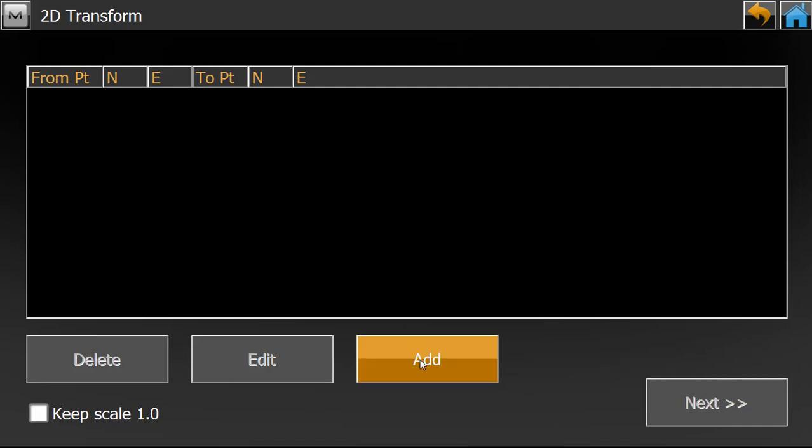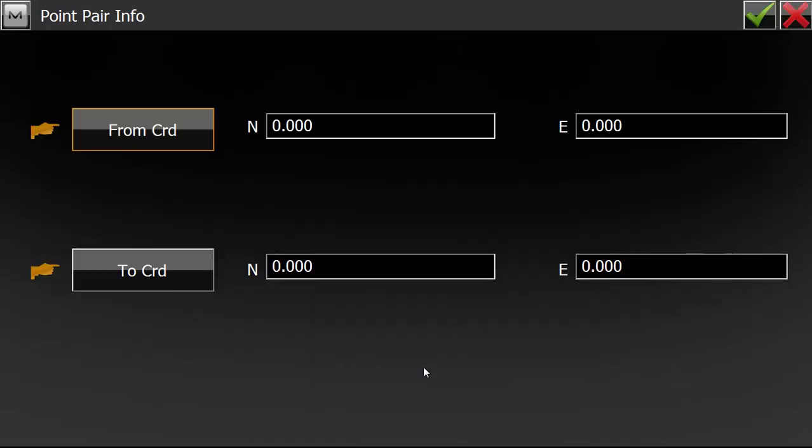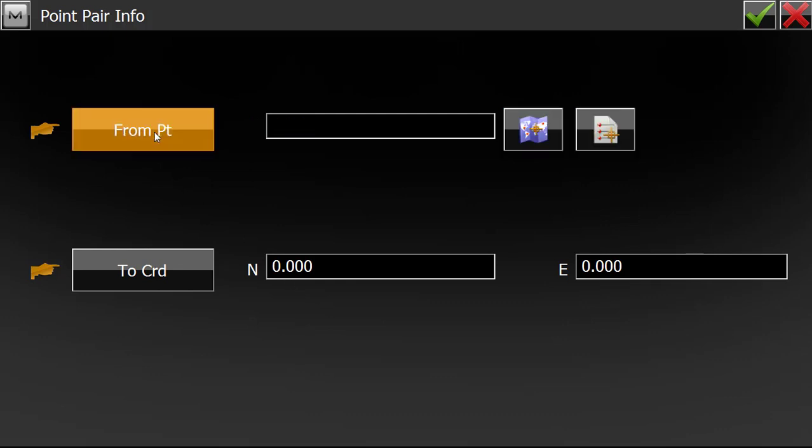So here click on this add option, and now here instead of from coordinate select from point, and now select our map, and now here it asks us for the from point.